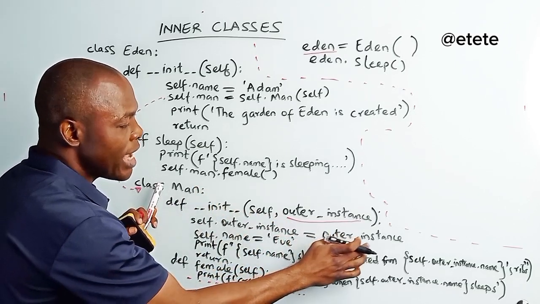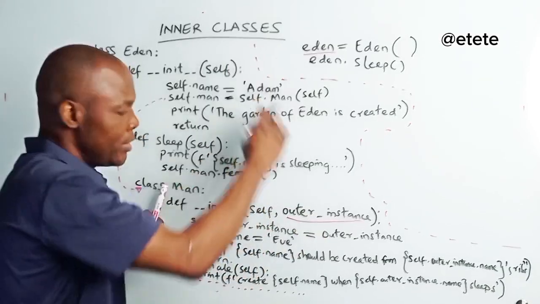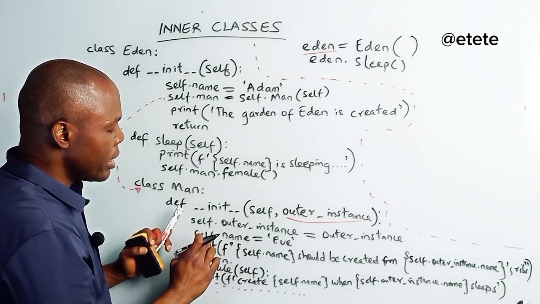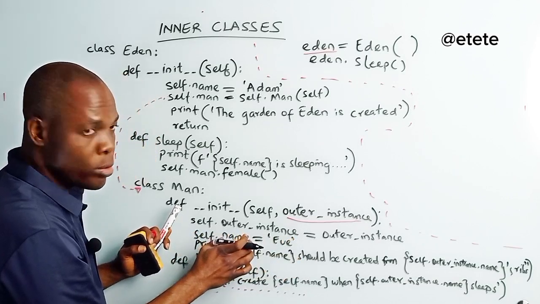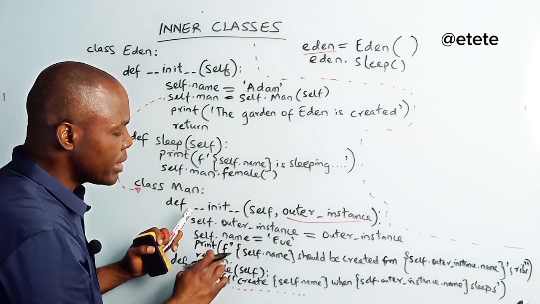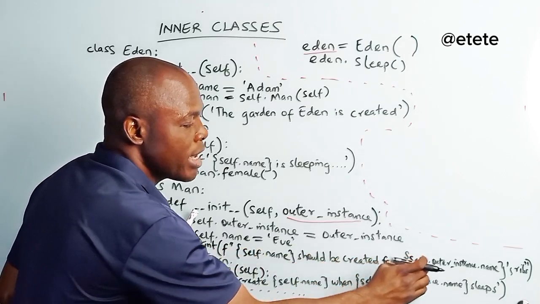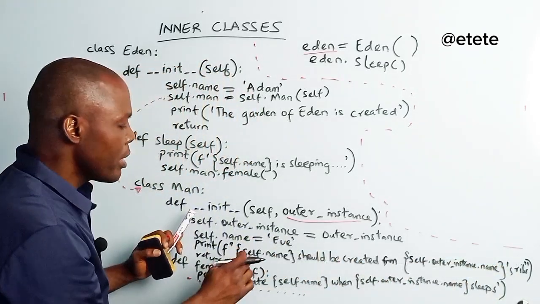But the value of this outer instance, which is the object of this outer class, is saved inside this place. Then it will go in and say self.name. It will assign this Eve value to this attribute. Then it will come here and say print self.name should be created from self.outer_instance.name reads,